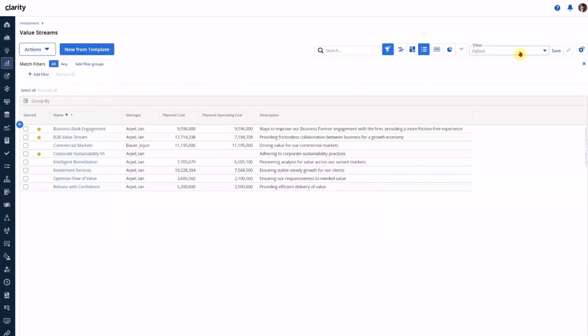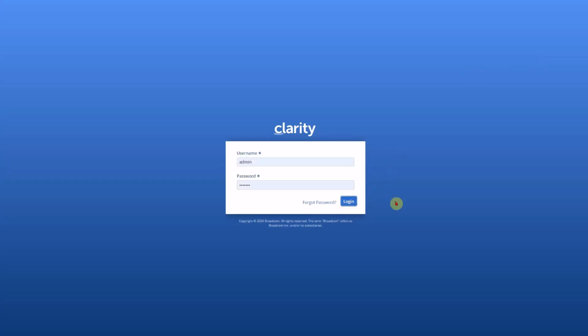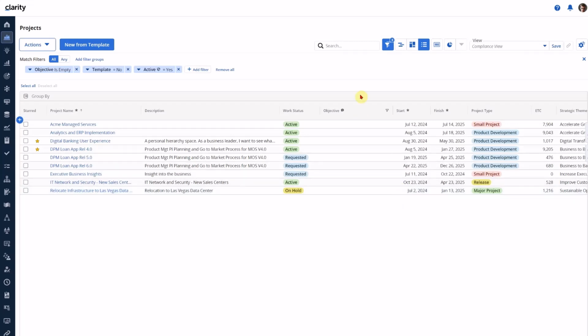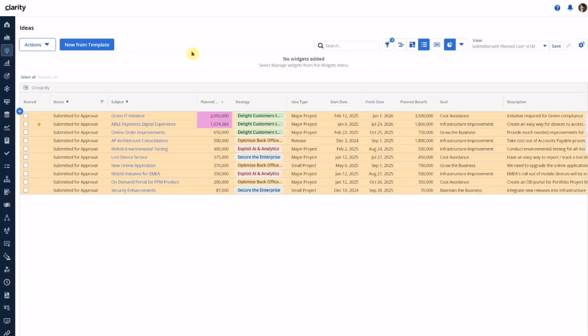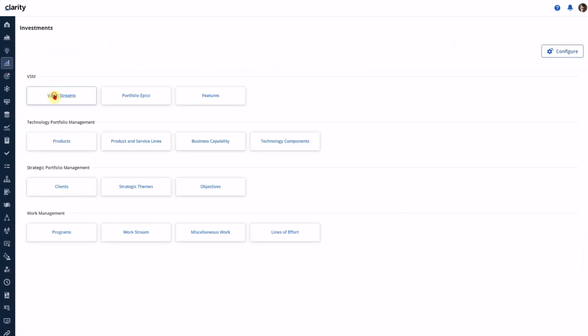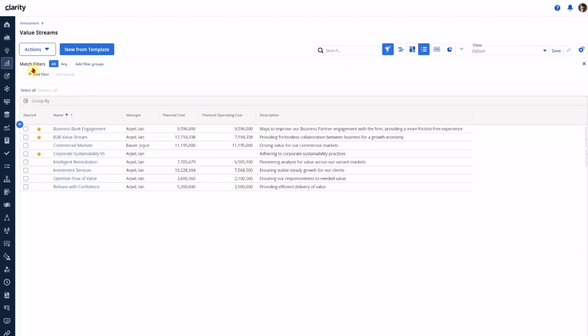Let's do the same by logging out and then re-logging back into Clarity. I land in the project, and as expected, now my filter is expanded. So it persisted that even after re-login. If I go to idea, it is collapsed. And finally, if I go to my value stream, it is expanded. So all three of those places, we've maintained the persistence of the open and closed state based on per context